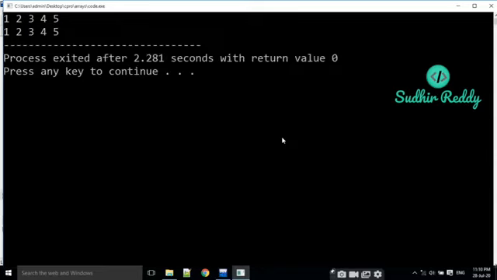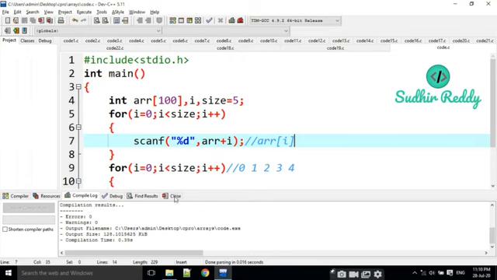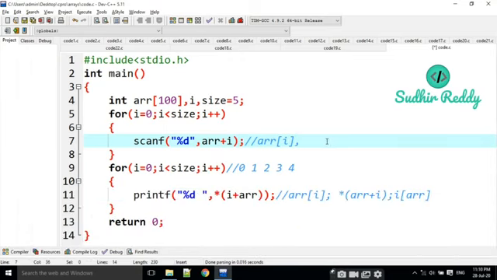Yes, this time also it is reading the array values, right? And we can write like this also, ARR plus I. Like this we can write. We are going to read and display the array values like this.